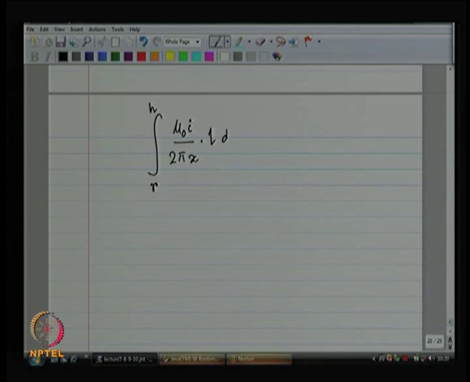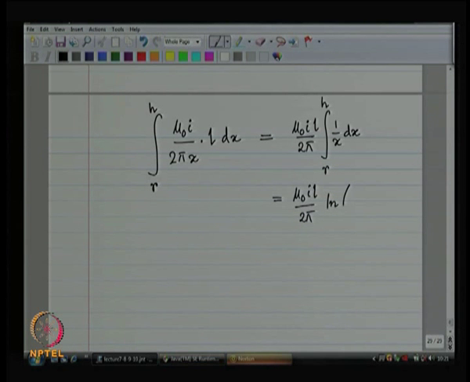So, this gives me this integral results in log. The integral of 1 by x is ln of x. So, basically what I get is something like this. So, this is the total flux because of the top current,